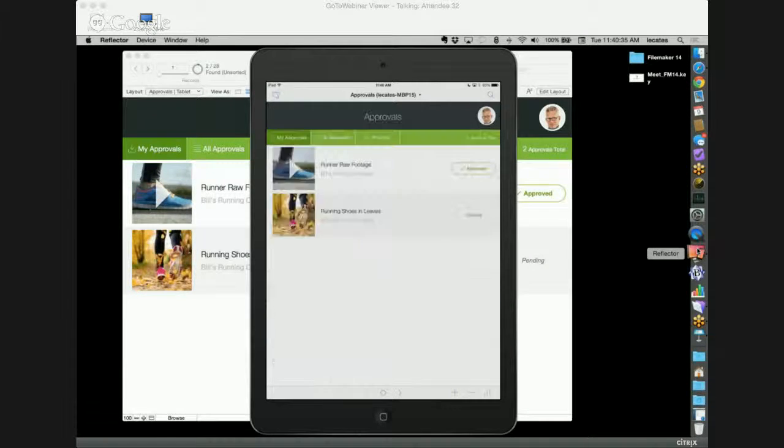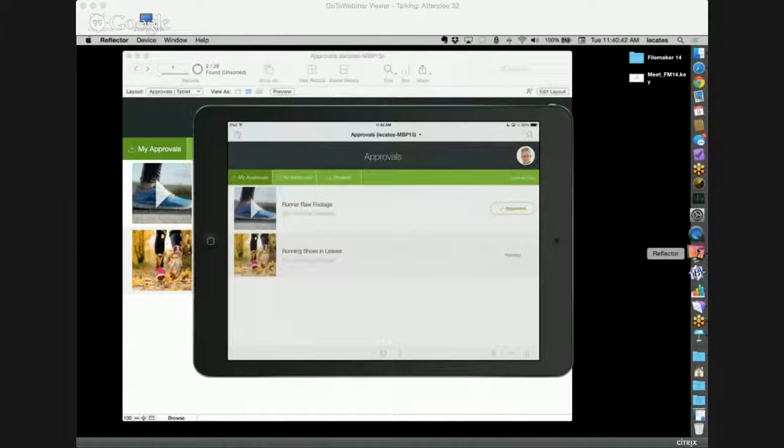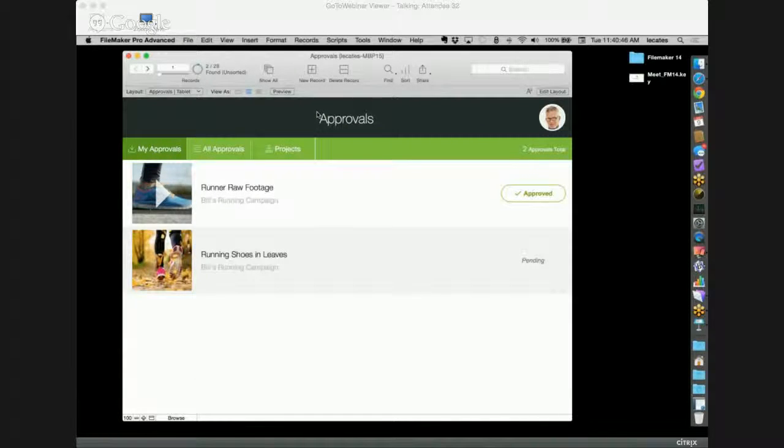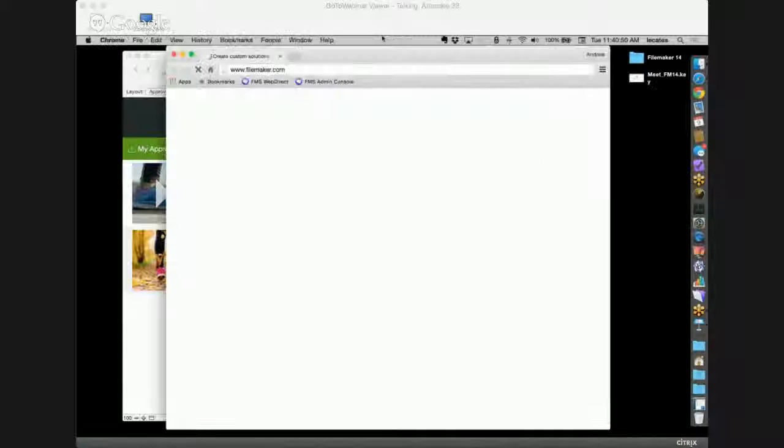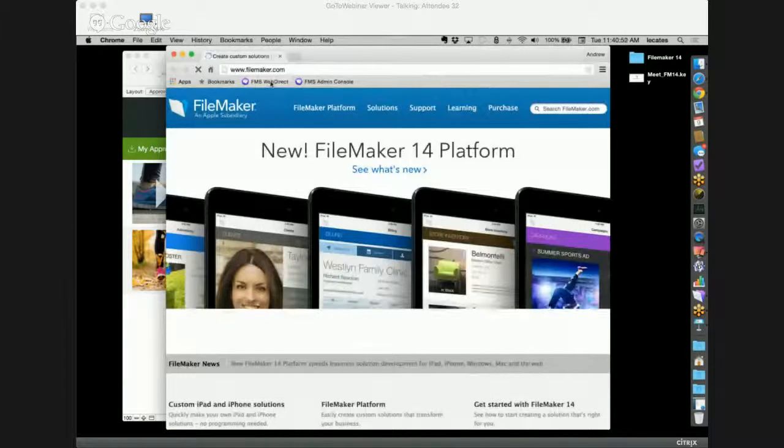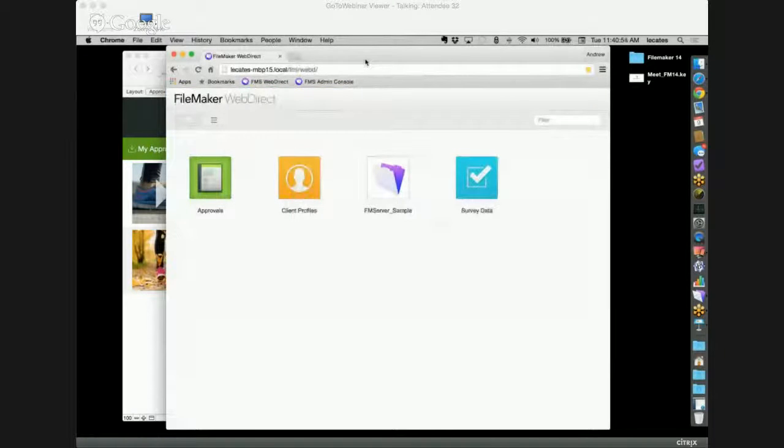Okay, so that's a little bit about FileMaker Go. Some of the new features there. I'm going to actually dock my iPad back here on my desk. And what I'd like to do is switch for a moment to FileMaker WebDirect. So I'm going to do that by actually opening up a browser, in this case, Google Chrome. And I'm going to click on a link here for my FileMaker server so that I can look at the